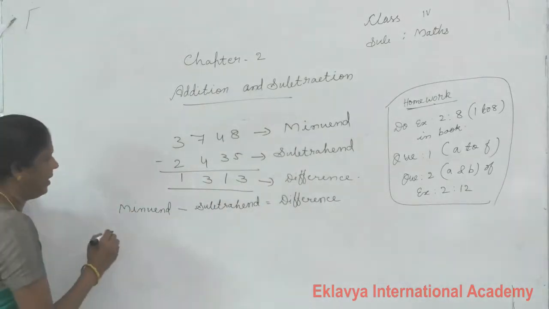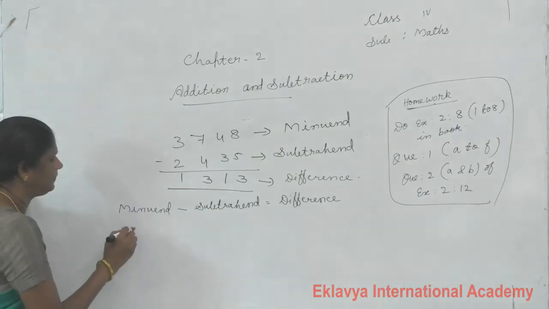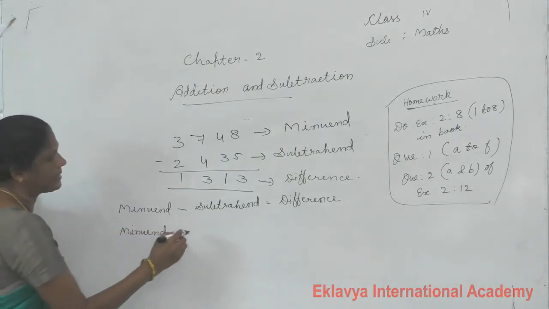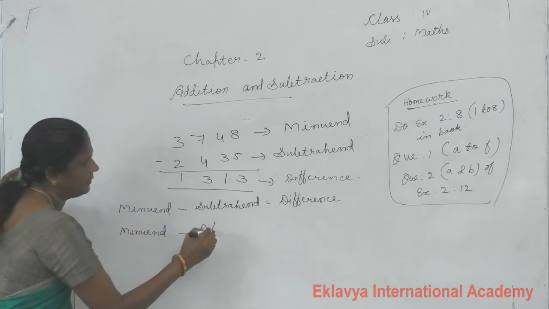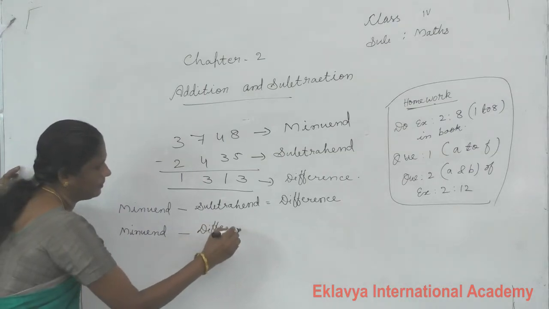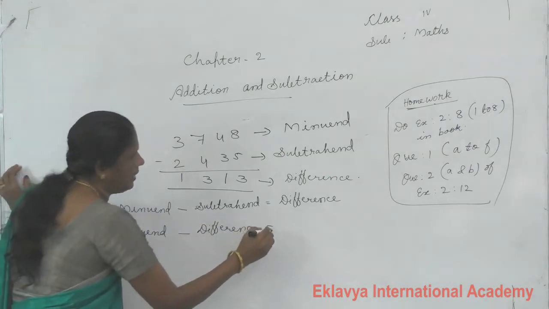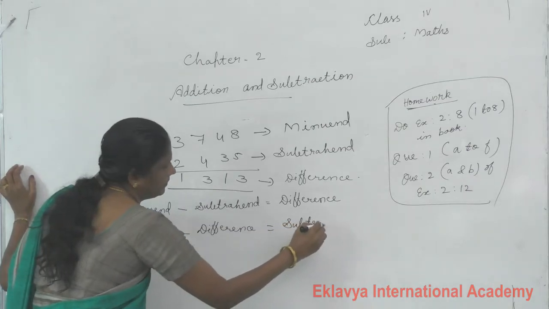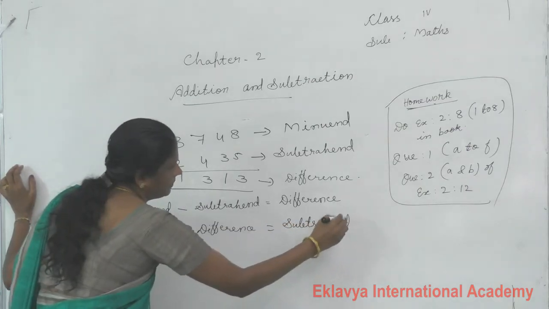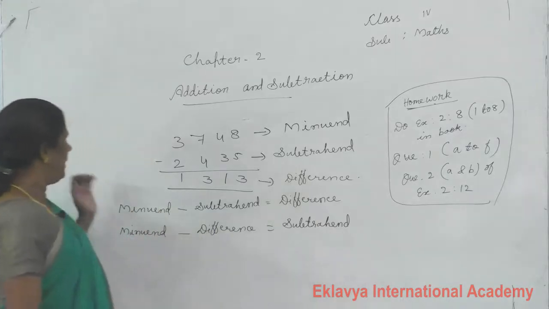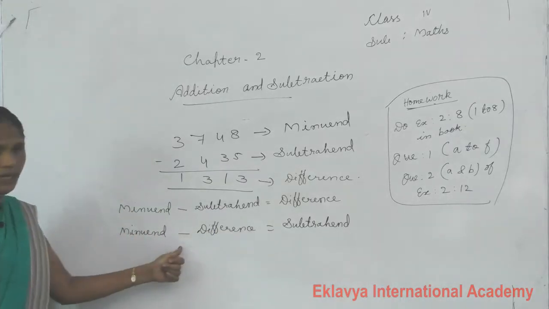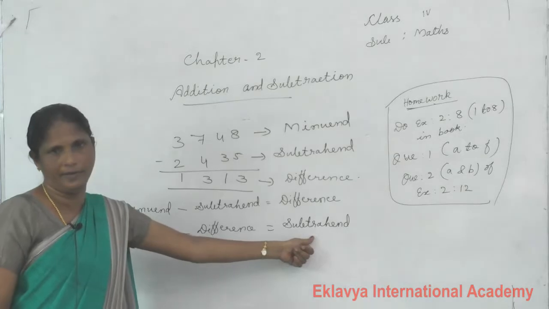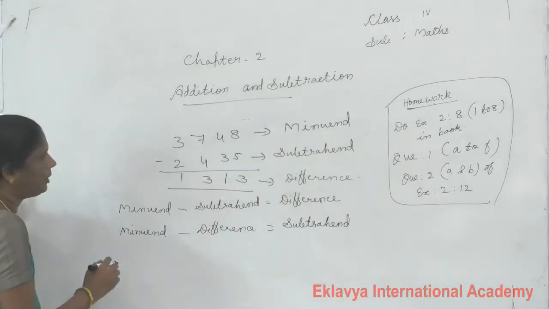Then minuend minus difference is equal to subtrahend. Minuend minus difference is equal to subtrahend. Then third formula,